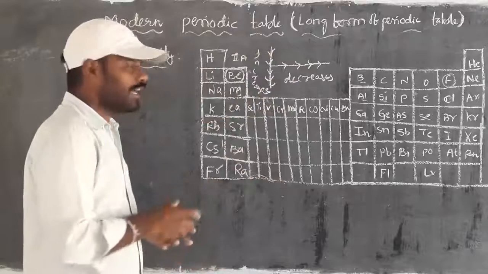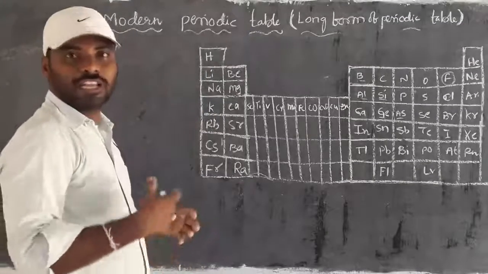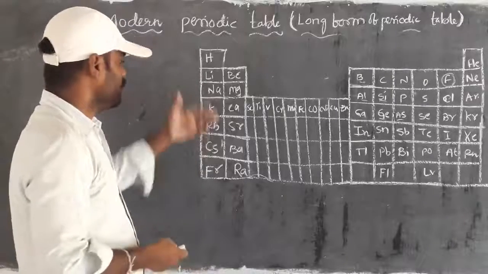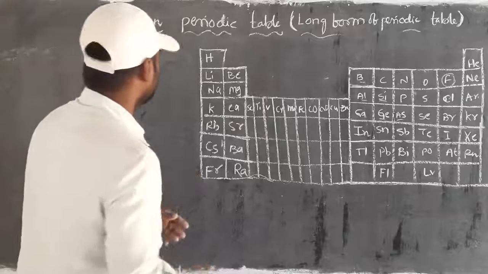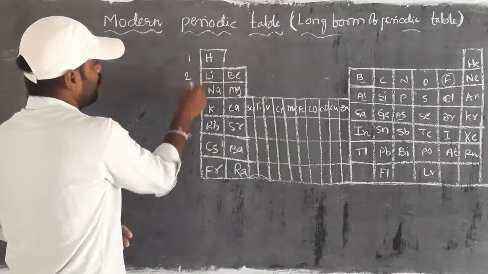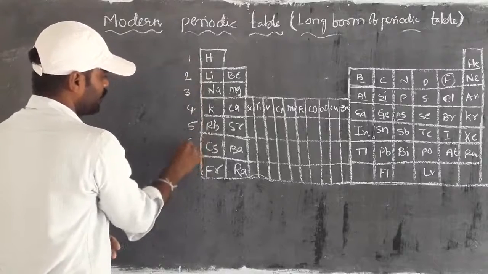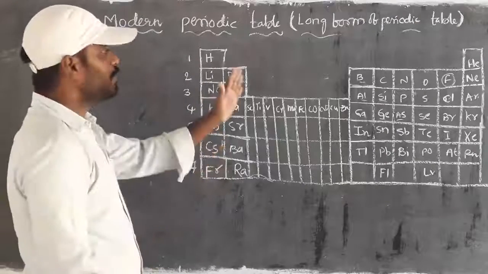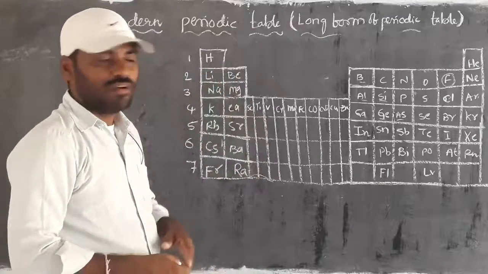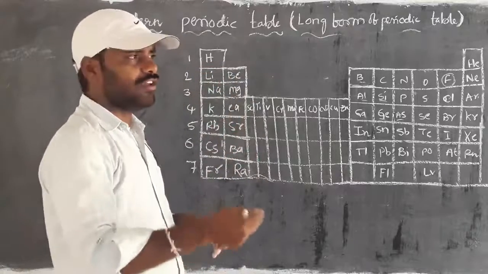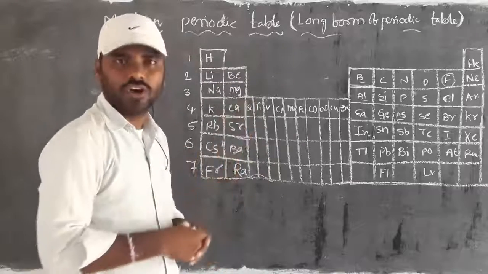Have you got clarity about this? In the periodic table we take a little more information after completing the properties. If you take the periods, first period, second period, up to the seventh, in which period do which orbitals appear? We are already familiar with writing electron configuration, filling electrons into orbitals.